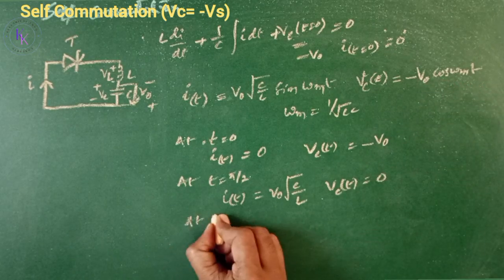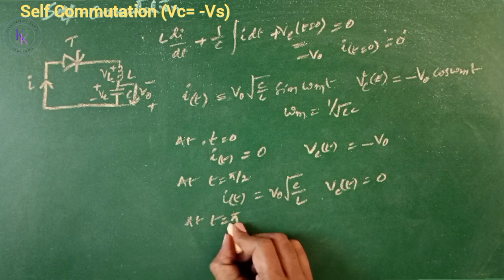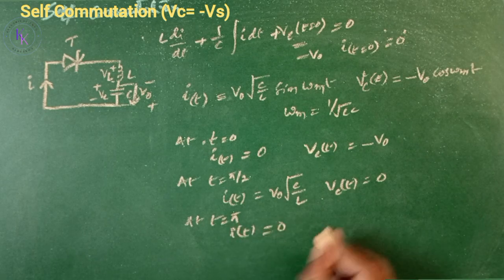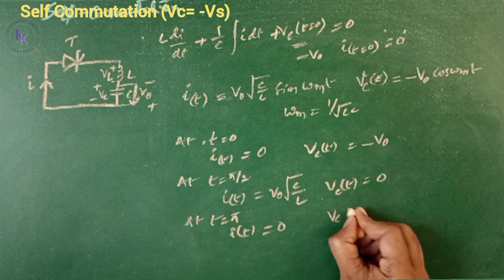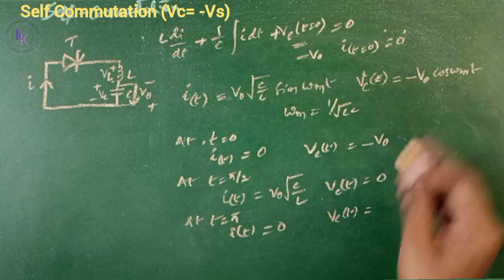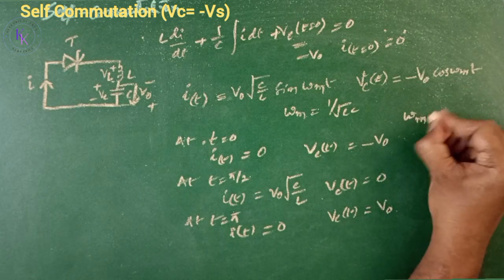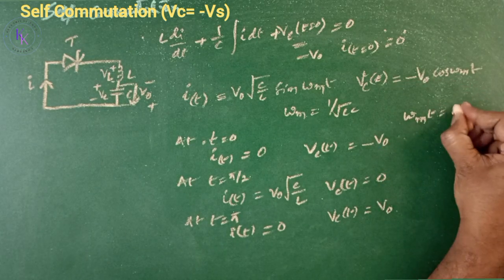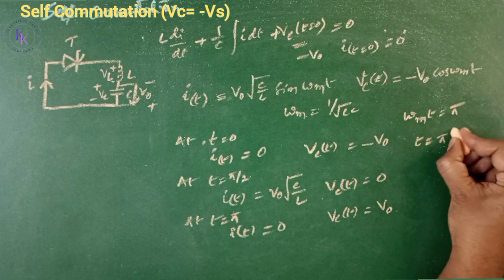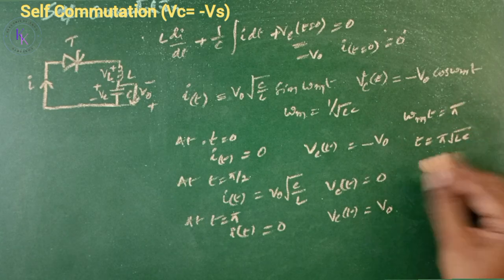Now at omega m t equals pi, I of t is again 0, and Vc of t equals minus of minus, plus V0, where t equals pi root LC,